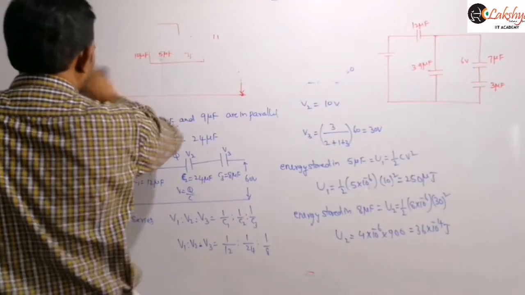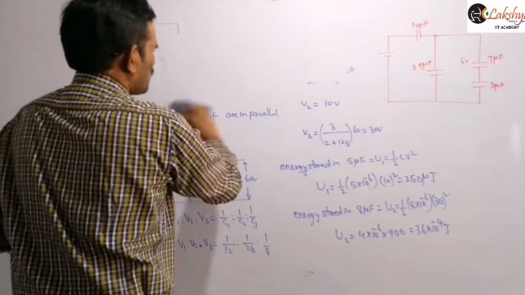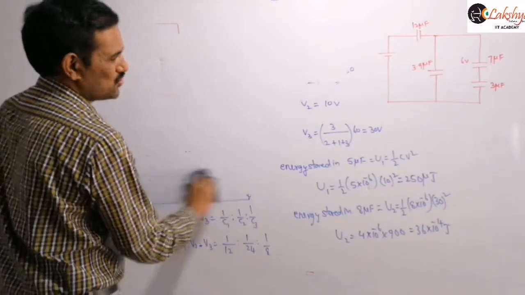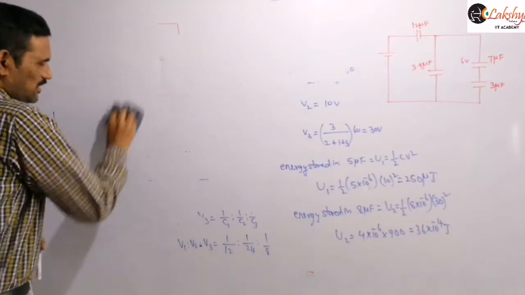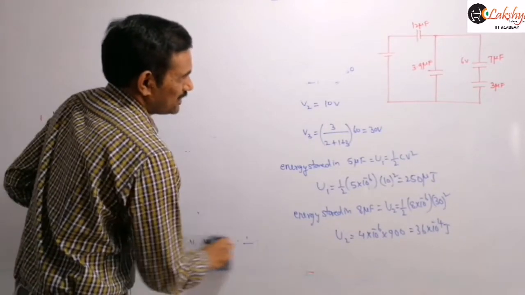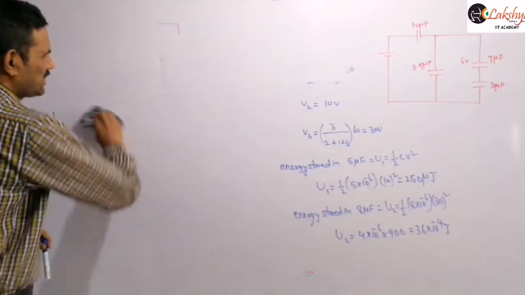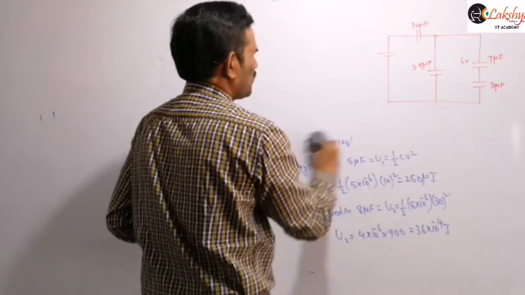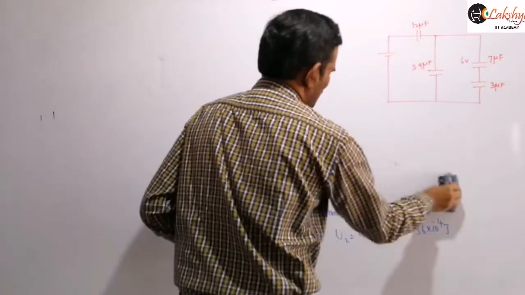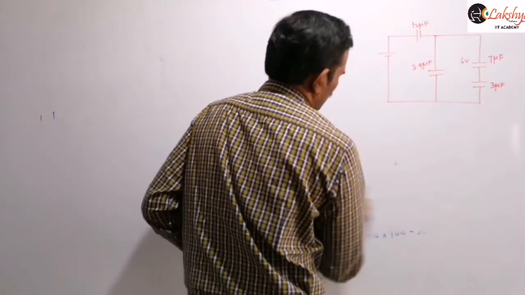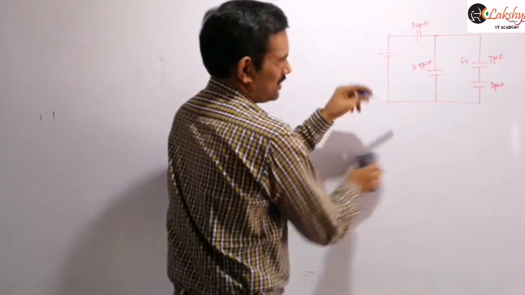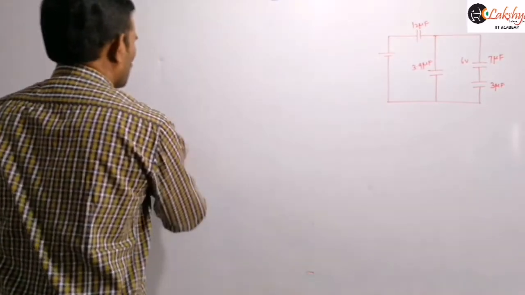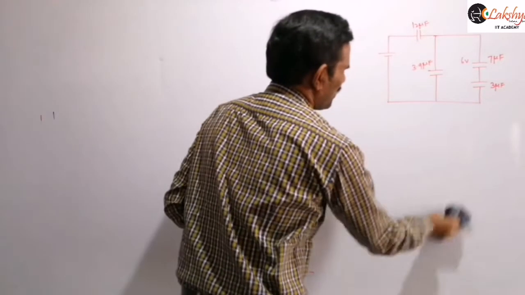When the potential difference across that 7 microfarad capacitor is known to us, you can calculate the charge on that capacitor, right? Now that 7 and that 3 microfarad capacitors are in series, and so the same charge must exist on both of them. From that you can calculate the potential difference across this 3 also. And if you know the potential difference across 3 and 7, for that combination, then this 3.9 is in series, so you can get the potential difference across the 3.9.